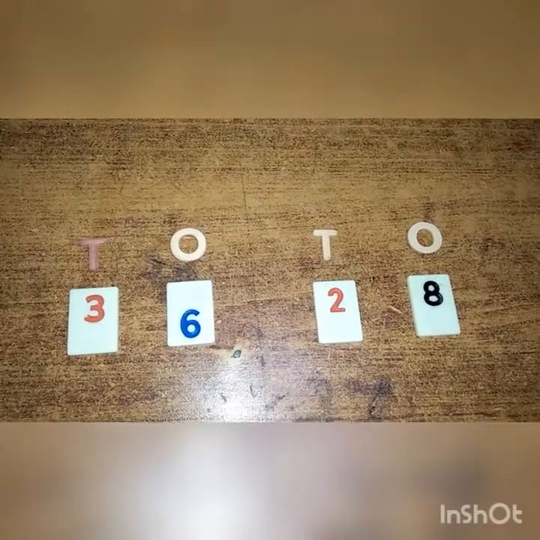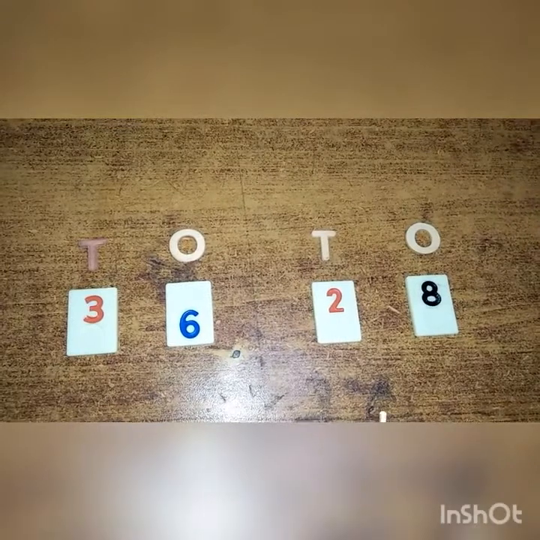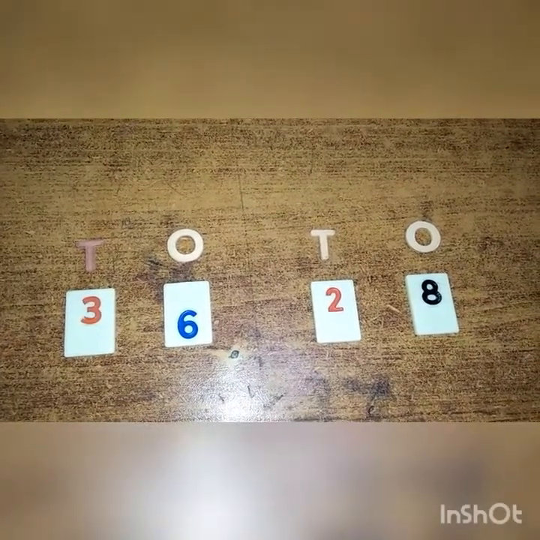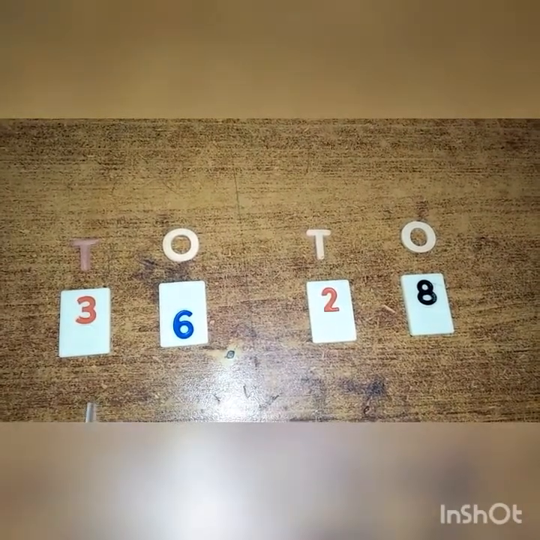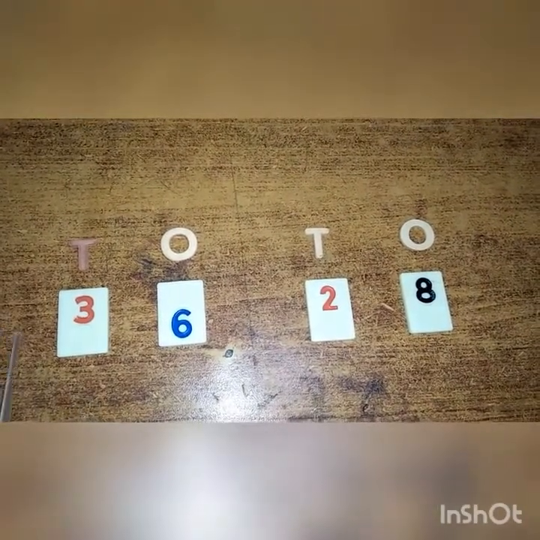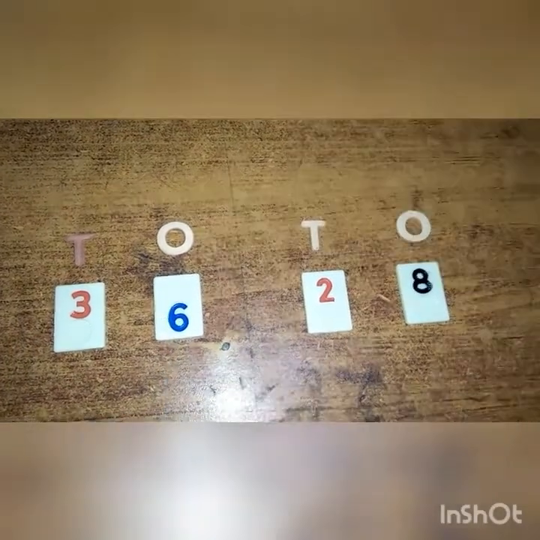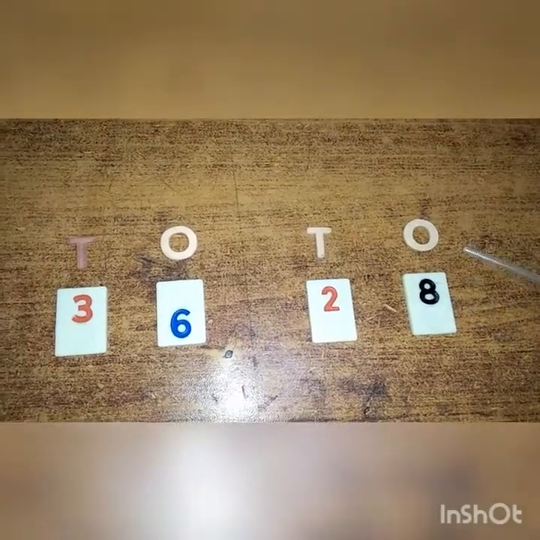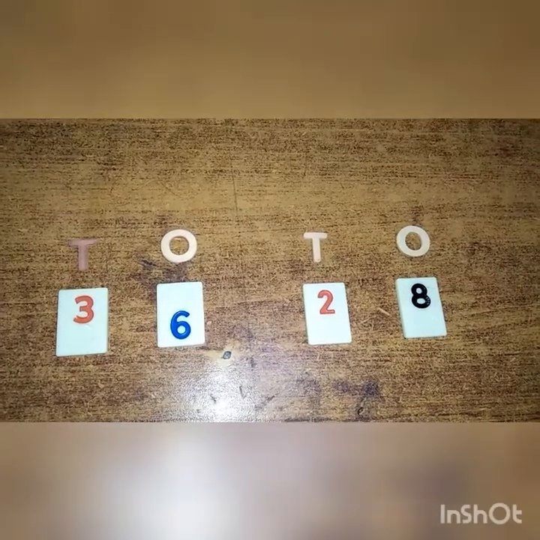Students, you can see here we have a number 36 and also a number 28, and we have to find which class has more students. Using the place value of tens and ones, as you can see here, 3 is present on the tens place and 6 is placed on the ones place, same as 2 is placed on the tens place and 8 is placed on the ones place, and we have to compare both the numbers with each other.